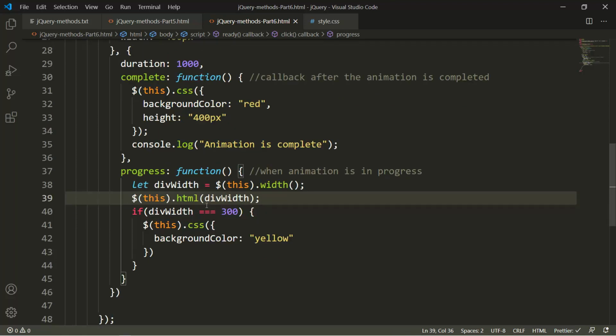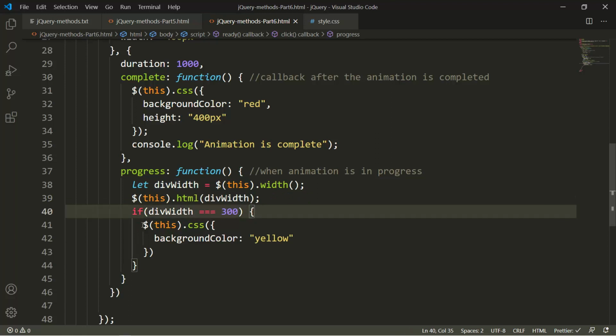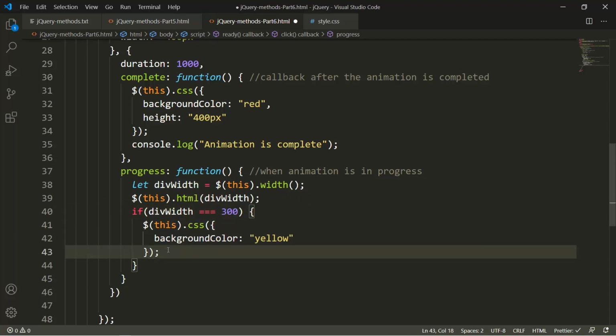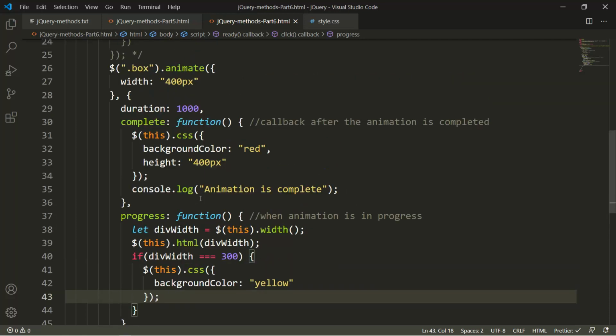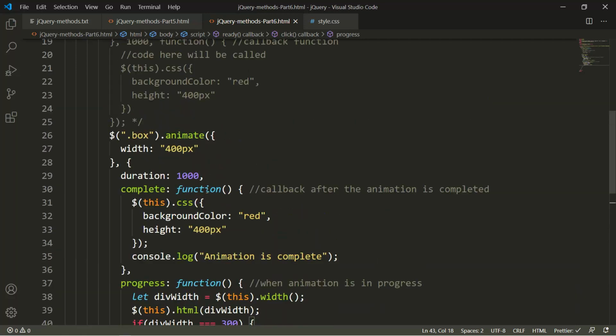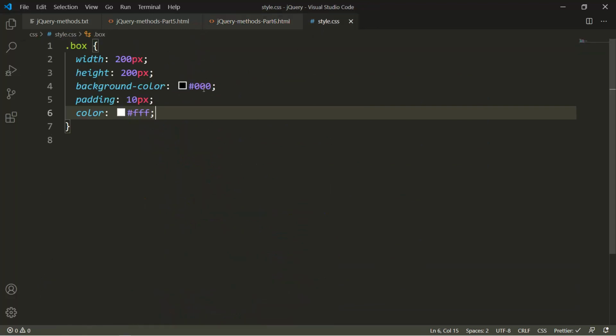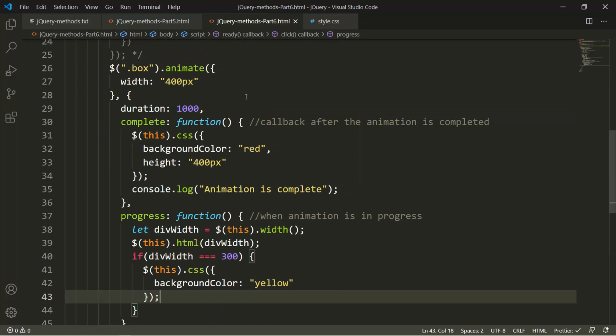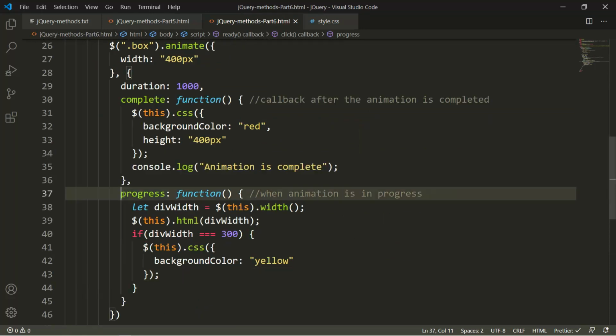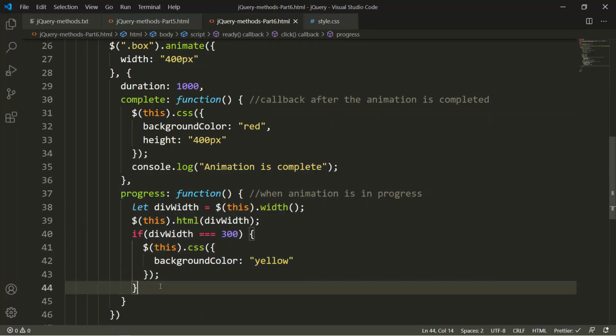And somewhere in between I have written a condition: when the div width is 300, it should change the color to yellow. So there will be 3 steps here. First, the div has our initial color, black. Then the progress function is called whenever the div tag's animation is in progress.